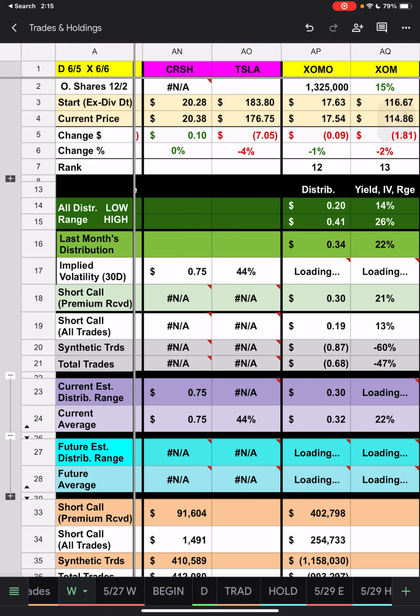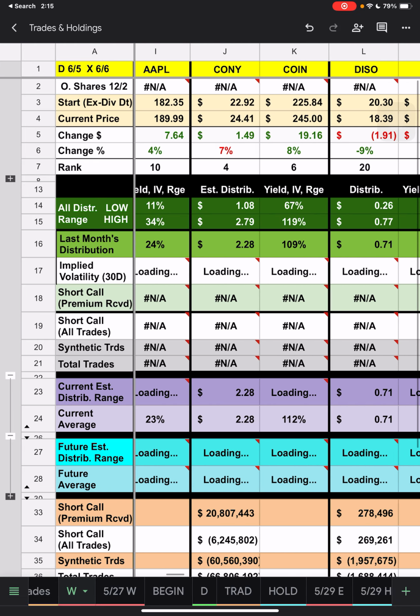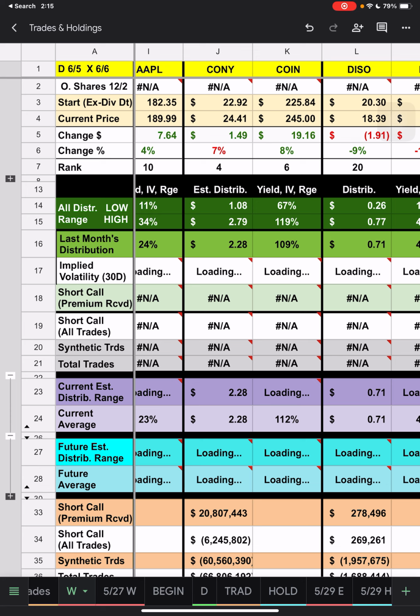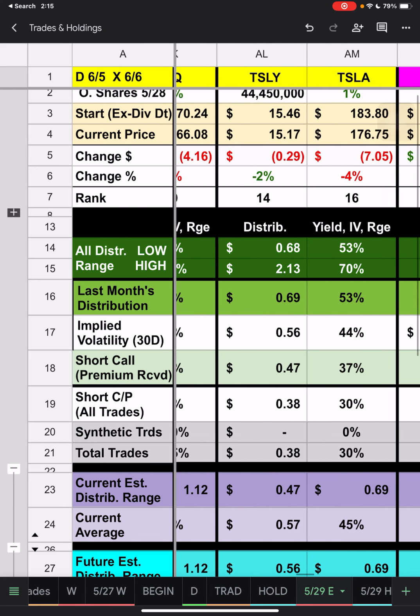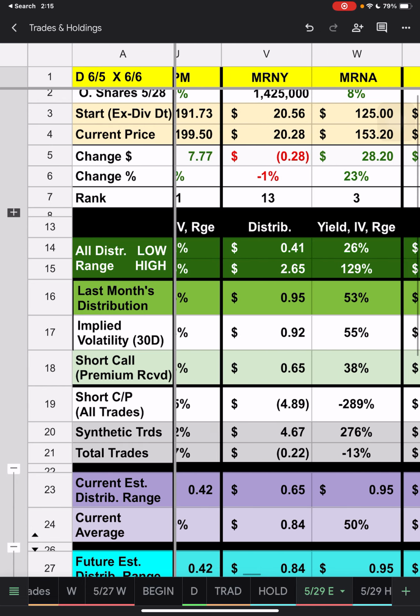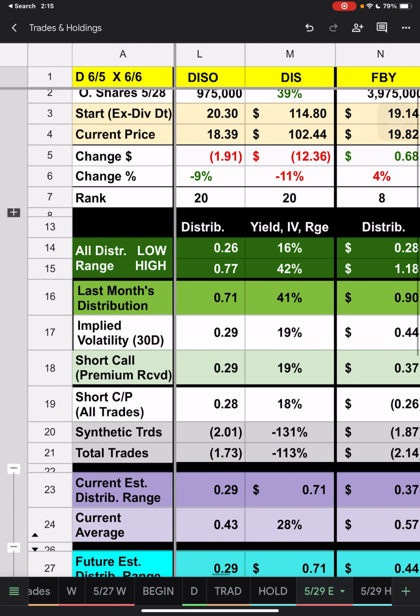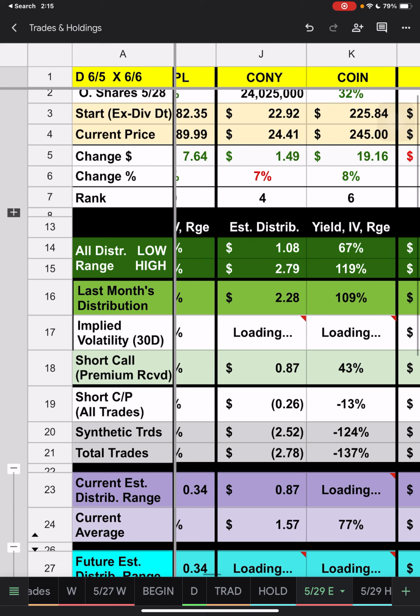So Crash is not there, and then Coney was the other one. Yeah, so no data is wanting to load. So I apologize. Sorry, I was going to see if it loaded up over here. So it did not. But what I can do, I don't think it's going to enter it everywhere. But I do know, I say I do, I could be lying, because I had the same issue on the daily as well.